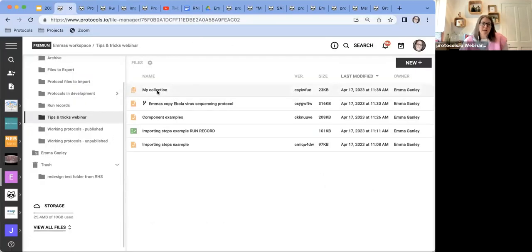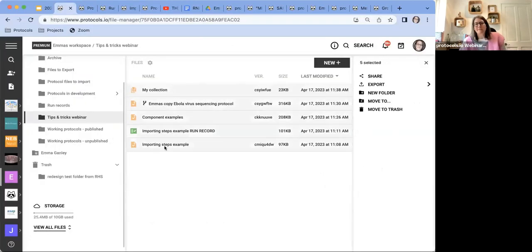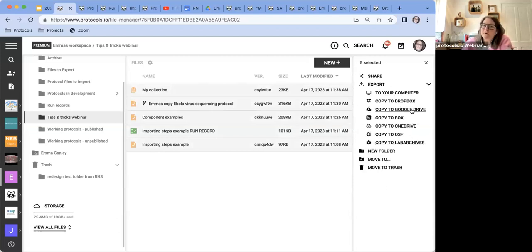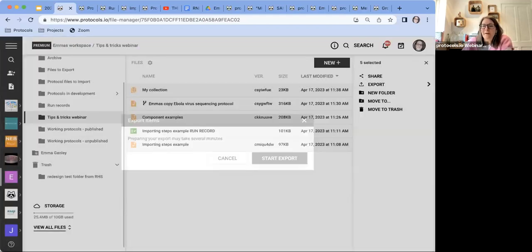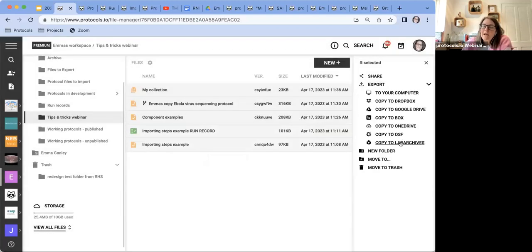If you've generated a bunch of content and you want to export all of it just to have it in another electronic lab notebook or on your computer as backup, or you want to keep all of this stuff somewhere else, you can export to a variety of different places. So if we just said to your computer, that might take several minutes, so we won't do that now, but you get the gist. We have integrations with a few other places like Lab Archives, OSF, OneDrive, and that will allow you